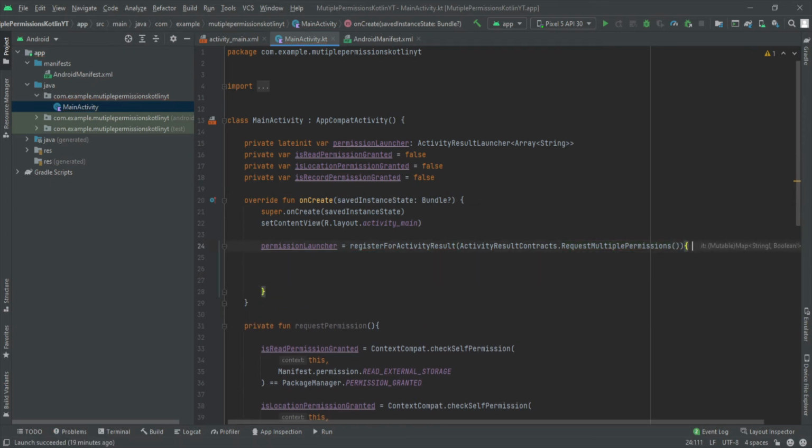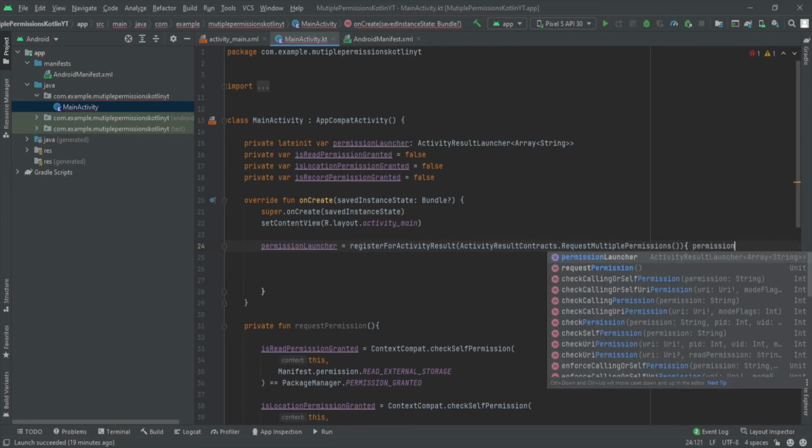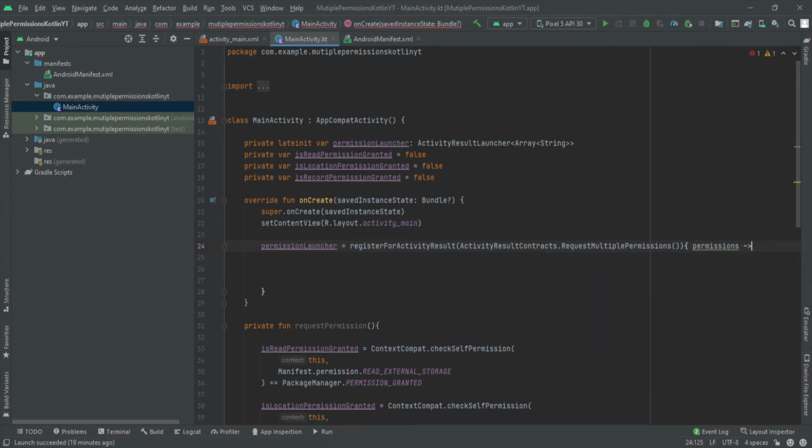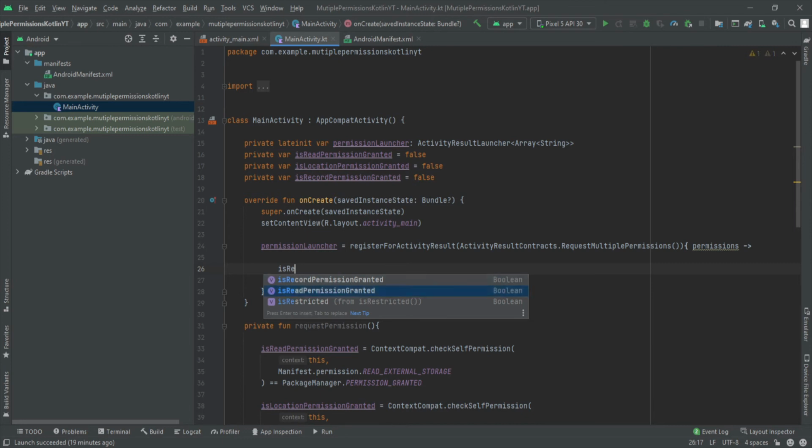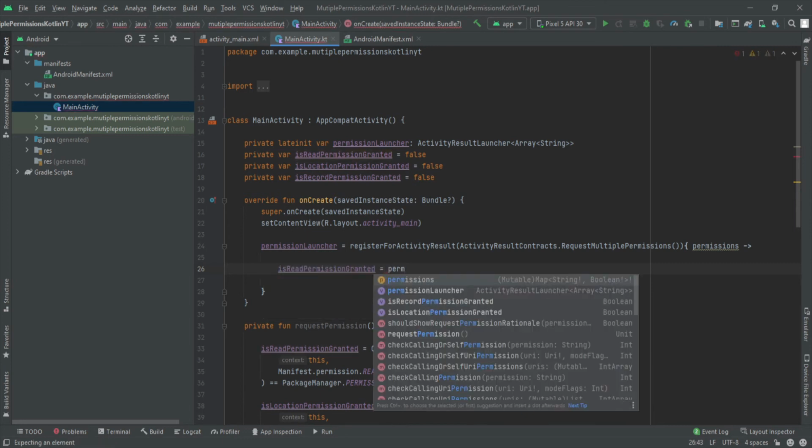So here we'll get the result in permissions, right? Now we are going to update these variables based on the user input. So it's equal to permissions.